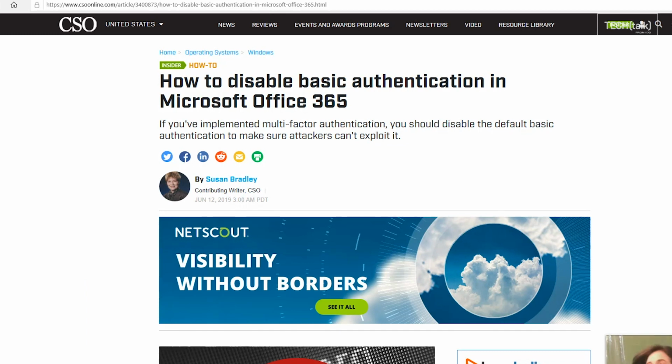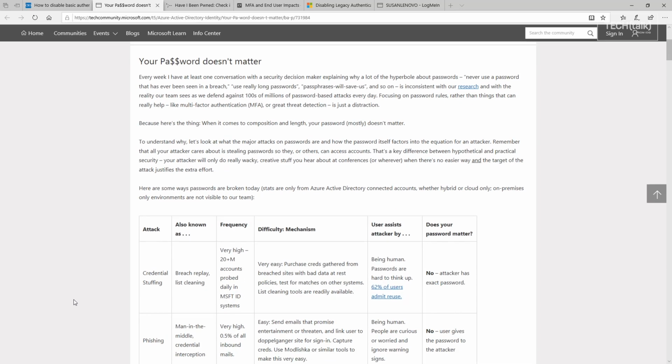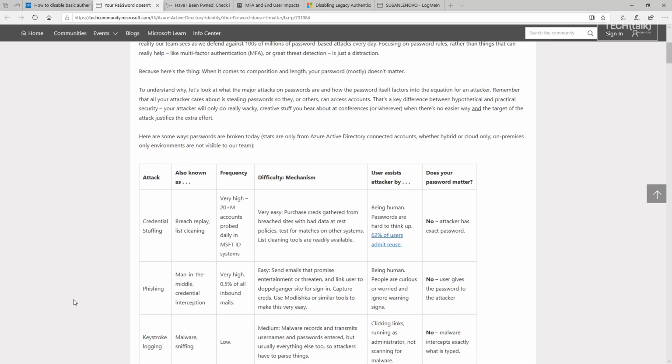But first, how about a little reminder of why passwords are, quite frankly, so easy for attackers to get to. Recently, there was a Microsoft blog put out that really showcases how easy it is for attackers to get our credentials. Let's start out with credential stuffing, where basically they have already got our password. Why do they already have it? Because we reuse passwords so often. We go to a website, we put in a username, we put the same password in because we don't see it as being that important of a site, and then we reuse that password over and over again.